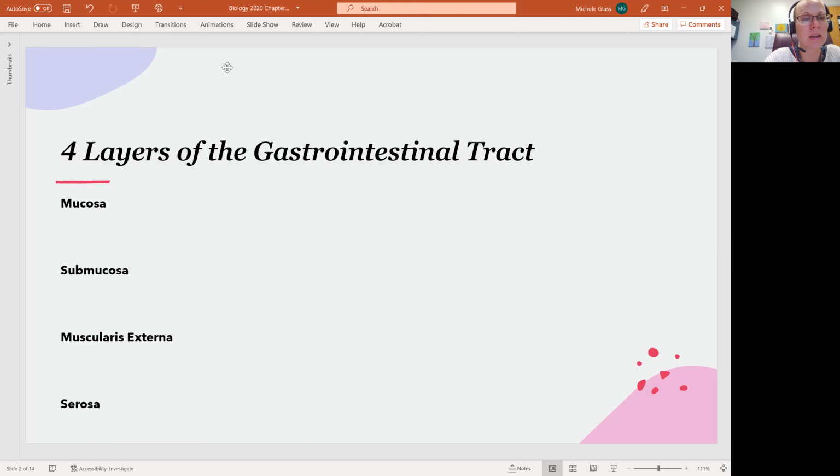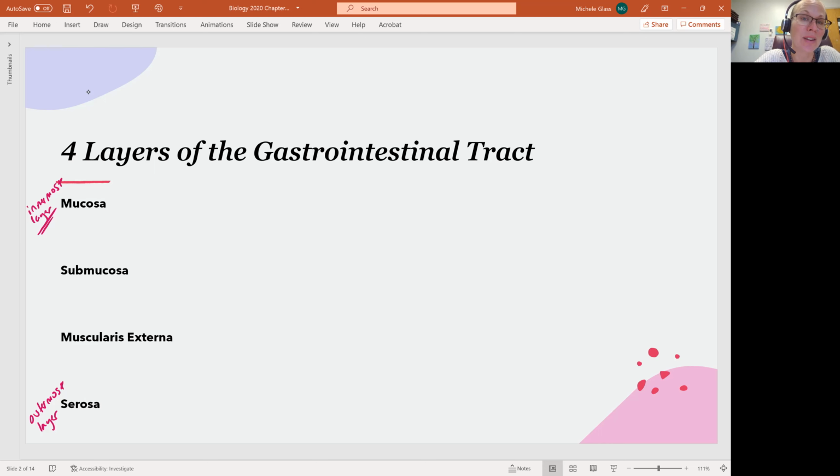I actually don't want to use that color, so let me try again here. And then we're going to have a submucosa, muscularis externa, and then serosa would be our outermost layer. And so I suppose we're going here from inner to outer because as materials enter the body, that bolus and then that chyme is going to be in contact